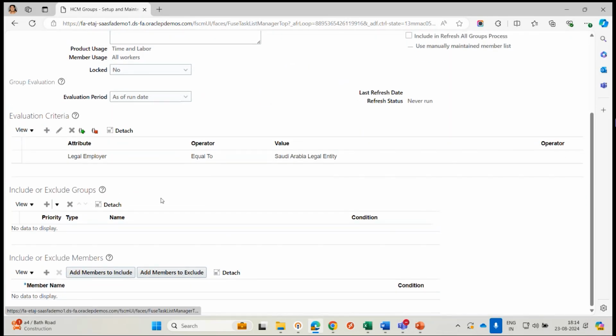Now we have include or exclude groups. Here, HCM groups can be a part of other HCM groups as well. So, for example, if you have two groups, there could be a conflict where one employee can be a part of two groups according to the evaluation criteria, or they can satisfy the evaluation criteria of both the groups. Then in that scenario,